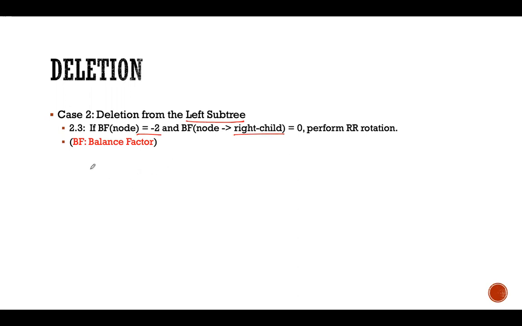So it is going to look like that. Say 20, we have say 10 here, say we have 30, 25 and 40. Now we are going to delete 10. We're going to delete from the left subtree, so after we delete 10, it will look like,